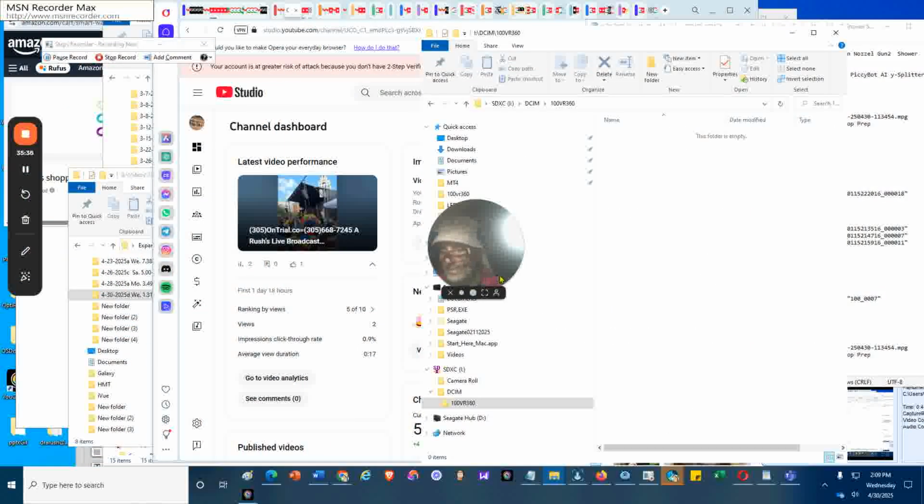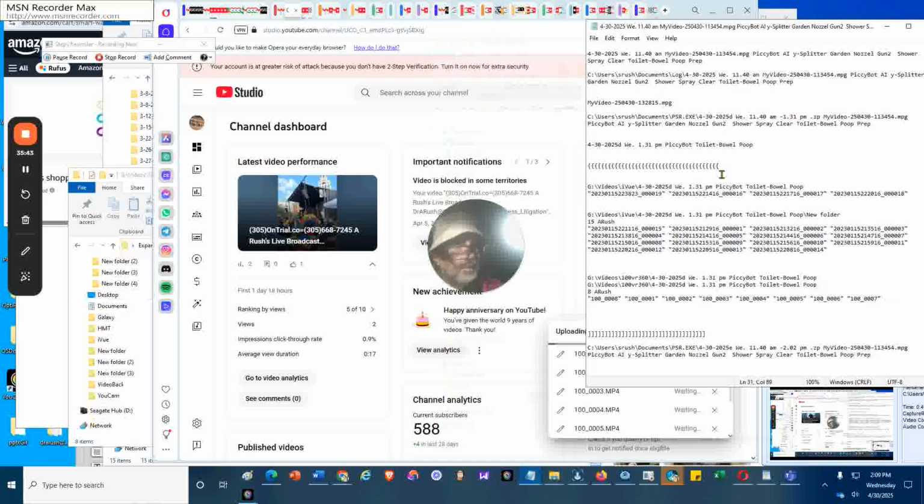Also, I'd like to take out the micro SD card. Since it is empty, I extract it from the drive, take out the micro SD card out of the adapter, and then insert it back into the 360 camera facing the dome. I'm going to bend it down a little bit so it doesn't fall, and then insert it facing the dome